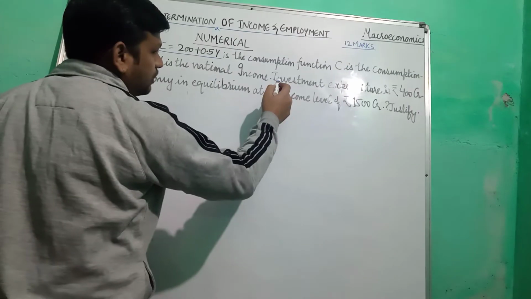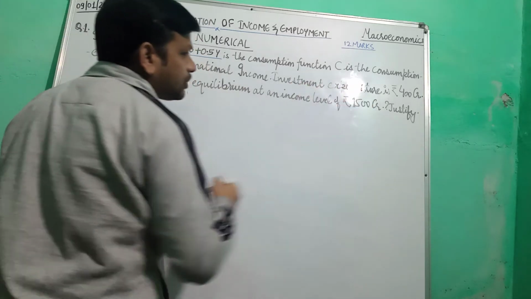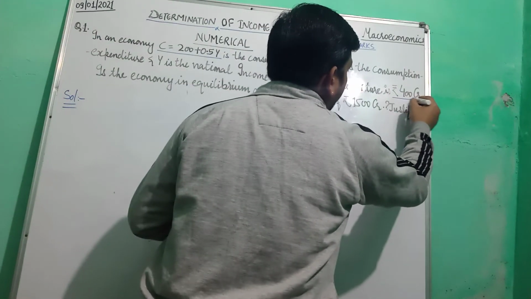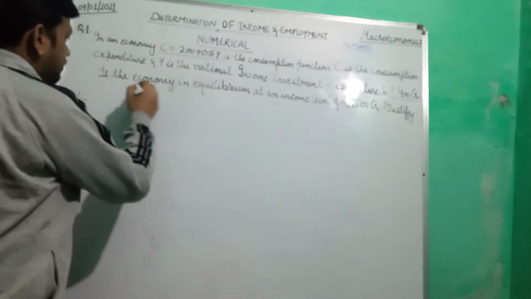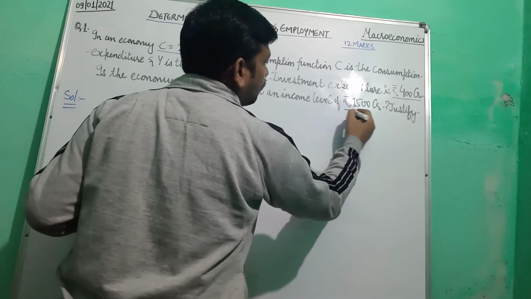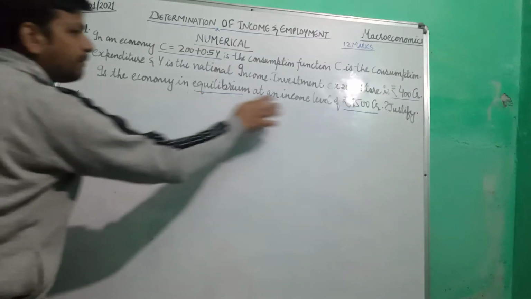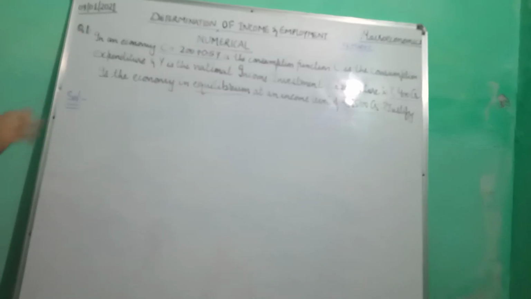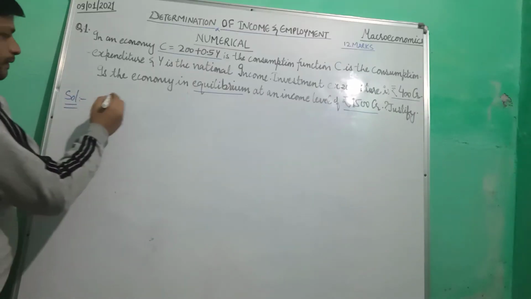They are asking a question: if the investment expenditure I is 400 crore, whether the economy is in equilibrium at that income level. For it, we will take an assumption